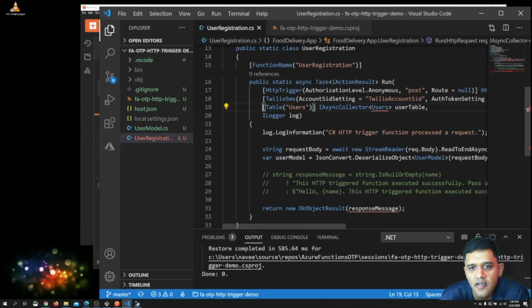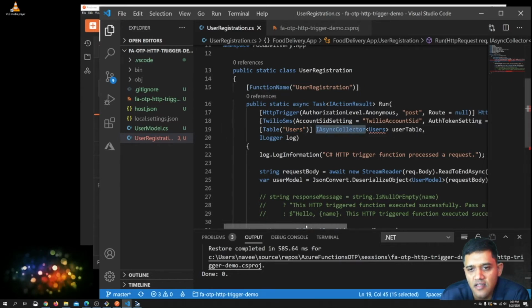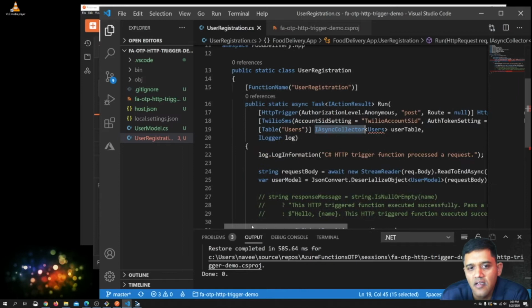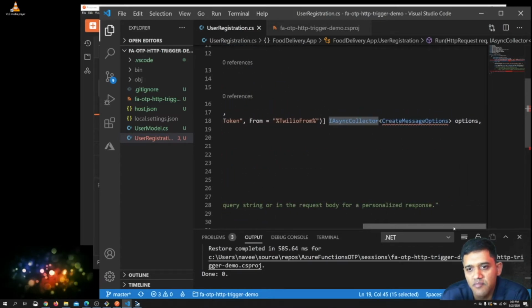Here I have this table called users, which I'm creating using Azure Table Storage, and this IAsyncCollector, whatever you're seeing here and here, is a standard output binding for sending data to Twilio and the table. Wherever you see the IAsyncCollector, it is a standard binding that is used to send that appropriate message.